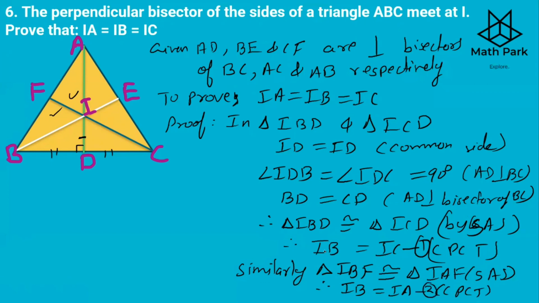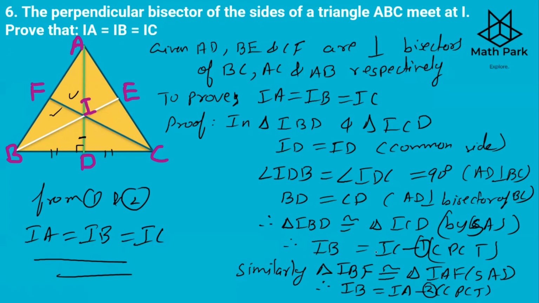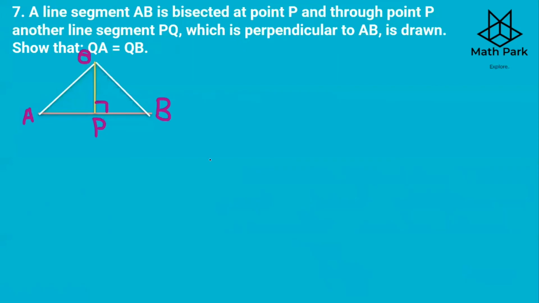What you observe here is IB is equal to IC and IB is equal to IA. So from 1 and 2, we have IA is equal to IB is equal to IC. That's it. Got it? Because IB is equal to IC and IB is also equal to IA, so definitely IA, IC and IB, all the three are equal. Got it? The question number 7: there is a line segment AB given to you, which is